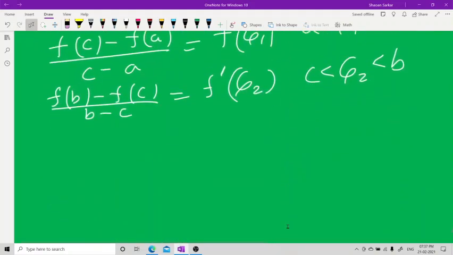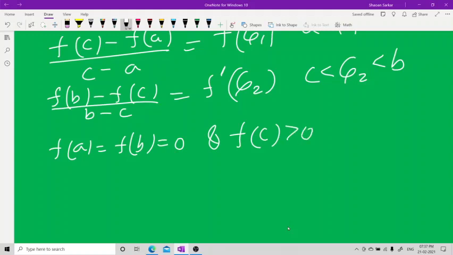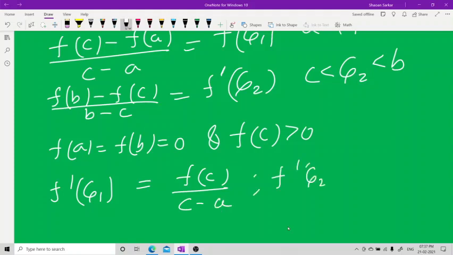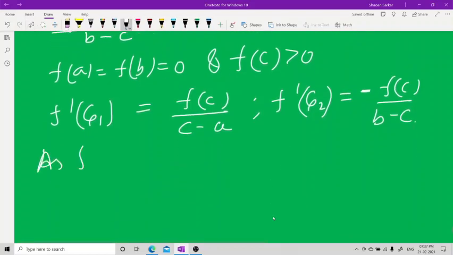Now let's come down to this. Since fa and fb are 0 and fc is greater than 0, from the above, f dash zeta 1 is equal to fc upon c minus a, and f dash zeta 2 is fb, which is 0, minus fc upon b minus c. Now since this f dash is continuous and differentiable,